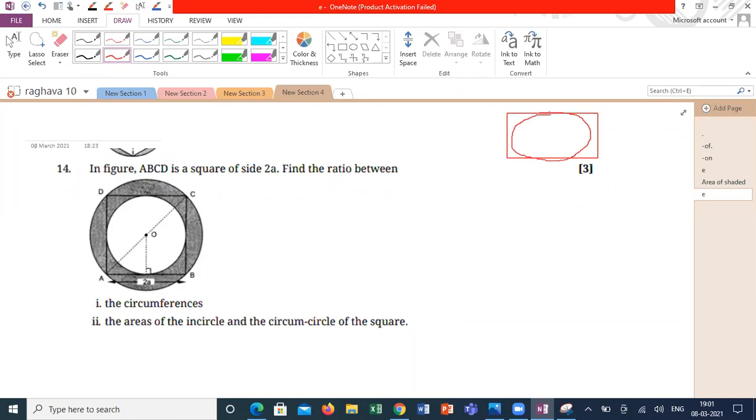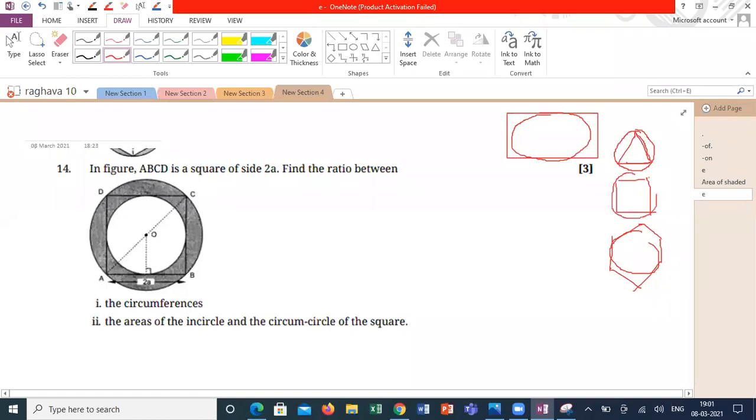It won't happen in the case of a rectangle. It will happen with either a square or a triangle, or we can do it in a hexagon. If something is bounding, the triangle is inside the circle or the square is inside the circle, this is called circumscribing. This is called circumcircle in this case. In this case, this is called incircle. So now we can do it based on this.